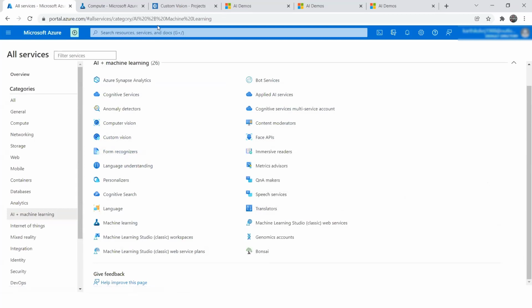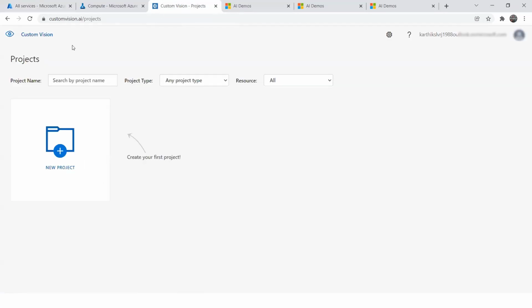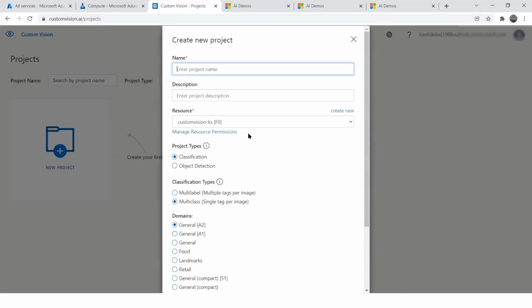Now let's try to build a system wherein we train a system. For that, we are custom training a system. You need to go to this website called customvision.ai, and sign up and register with your Microsoft Azure account. Now let's try creating a new project. Let me name this Fruits Classification.